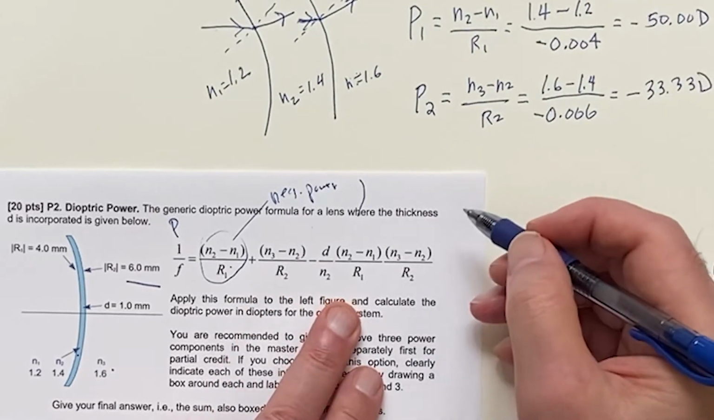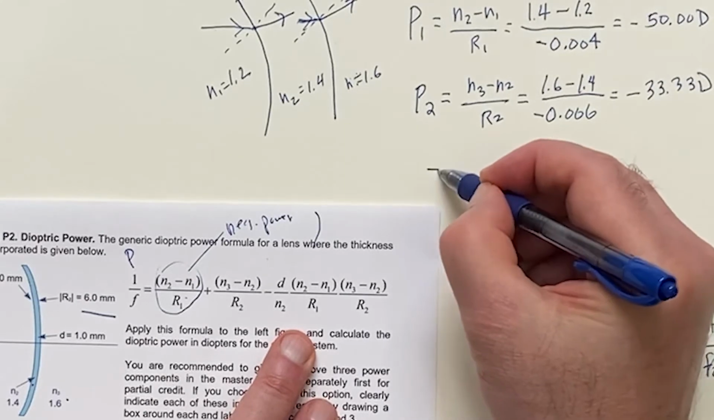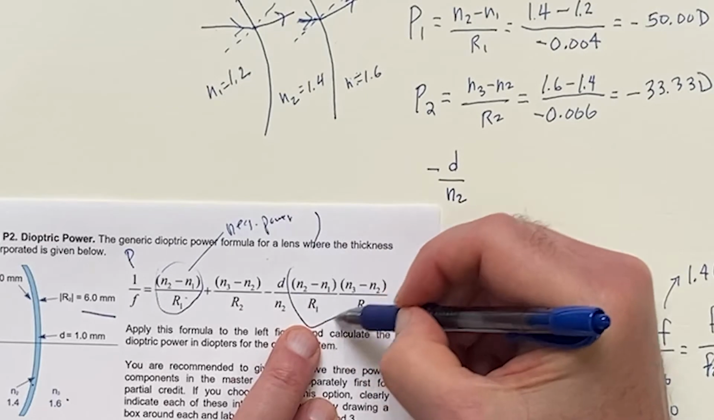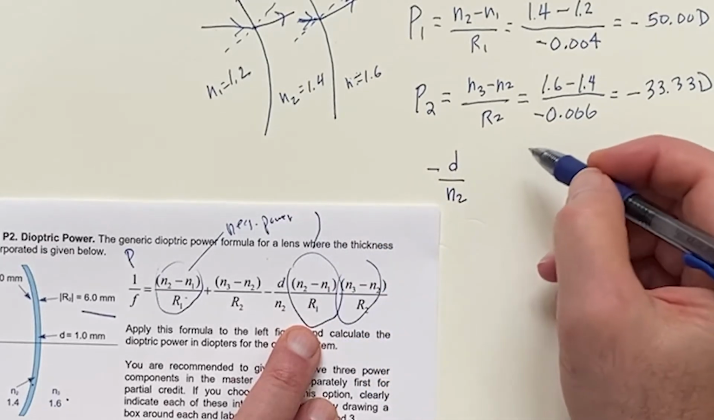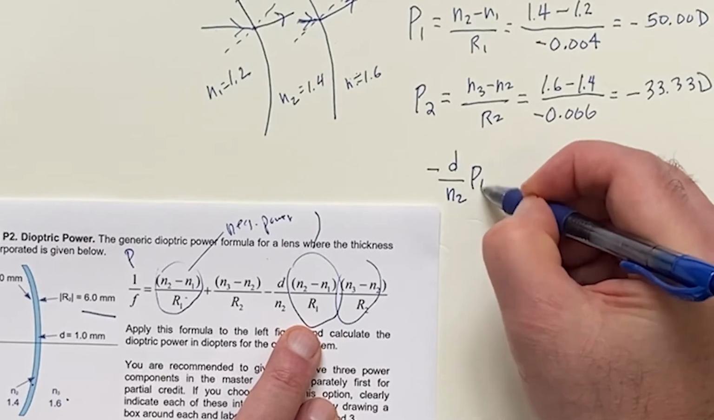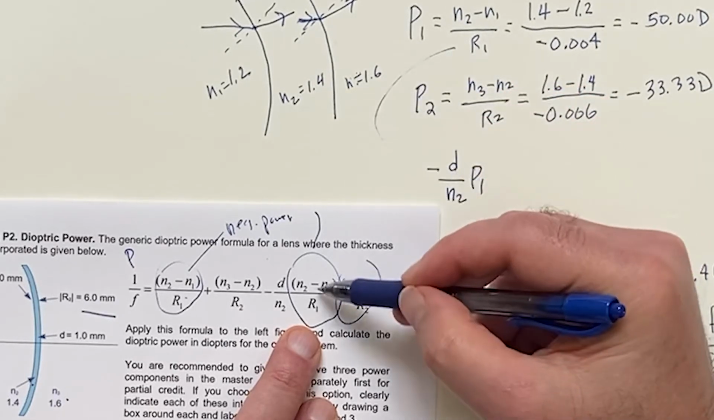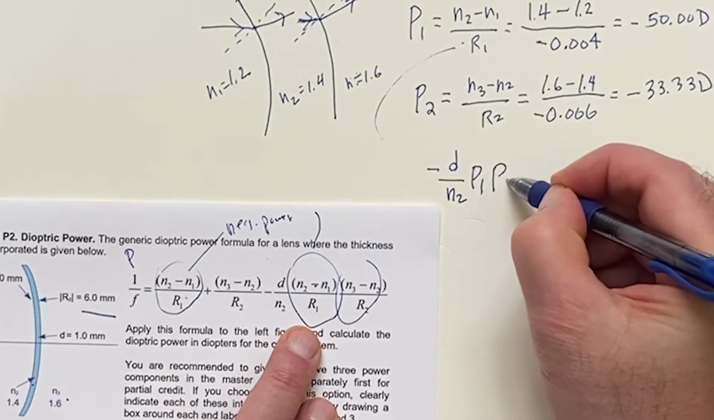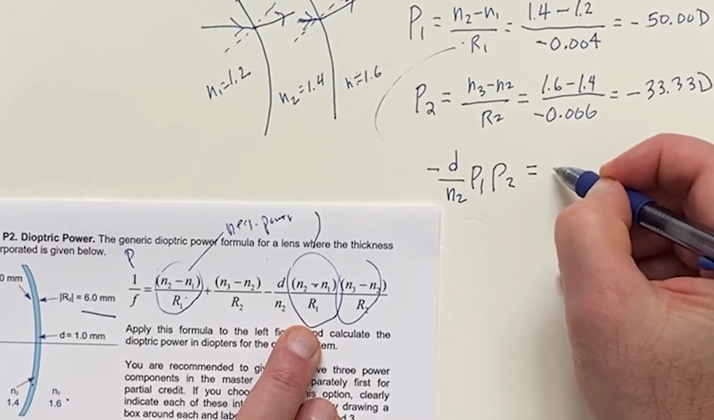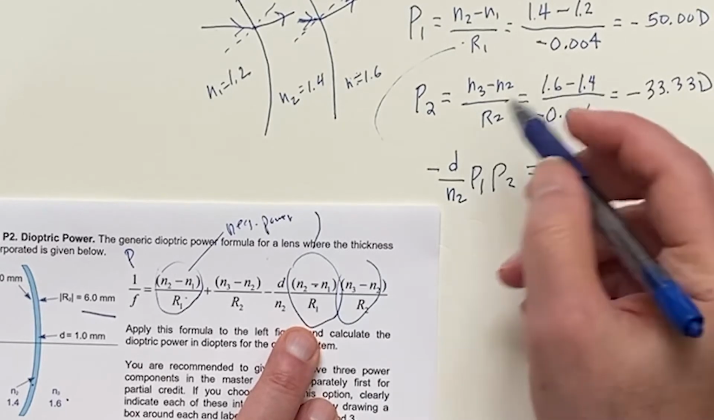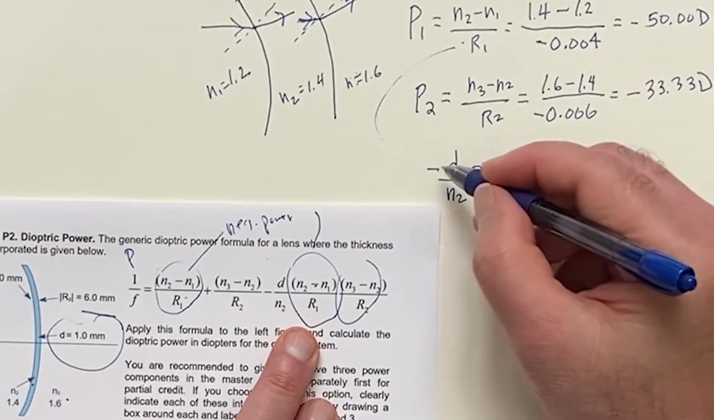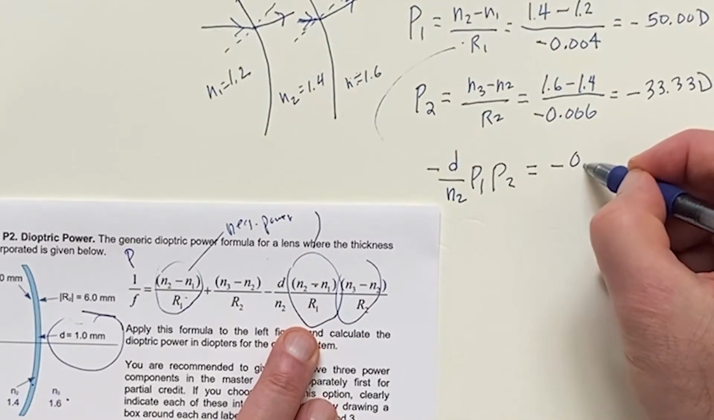Then the last step is to use the formula minus D over N2, but I recognize these are the powers that I already have calculated. So I'm going to call this here power 1. See, that's this one up here. This one is here. And then power 2, it kind of makes the math easier for me. So the D is the 1 millimeter, so that minus sign is from there. The D is going to be